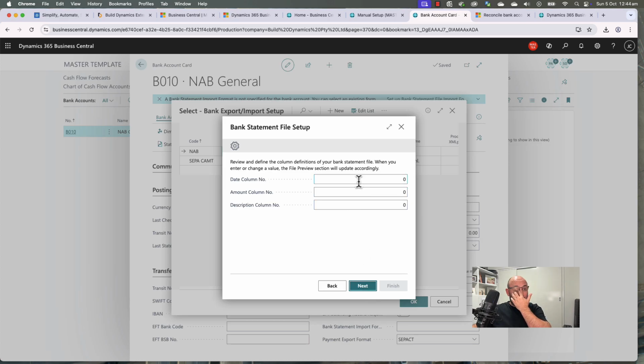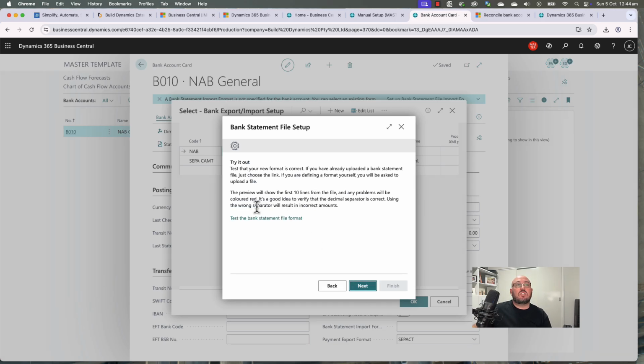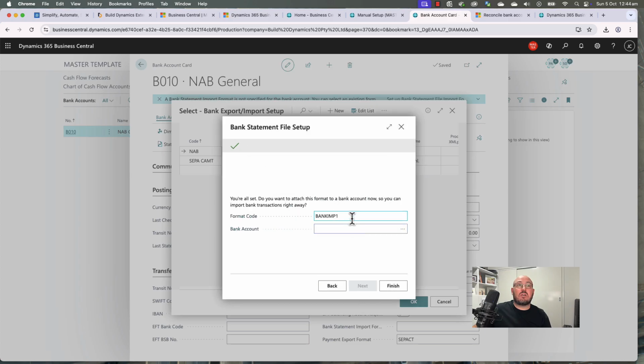The date column is which column? The amount is which column? The description is which column? And you count from left to right and you set the columns and you say, well, the date is the 1st, the amount is the 5th, and the description is 2. Okay. The date format, okay, so you put the format in, and the decimal separator is a dot. And so, as you can see, it's like that. Try it out. Now, you can test it by uploading your statement, and it will tell you if it's going to work or not. And so that's how we configure, and I'm going to call this NAB,